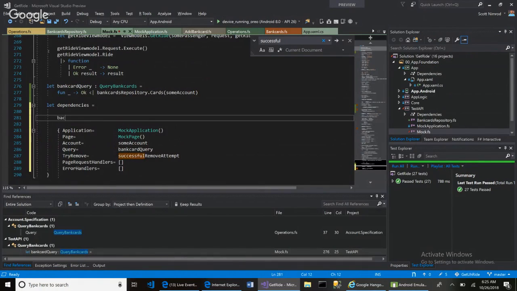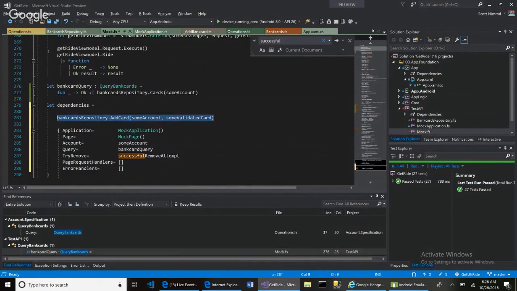I'll say bank cards. Let's start over. Bank cards repository, and I'll call add card. It's supposed to take, I think, some account, and then some validated card,